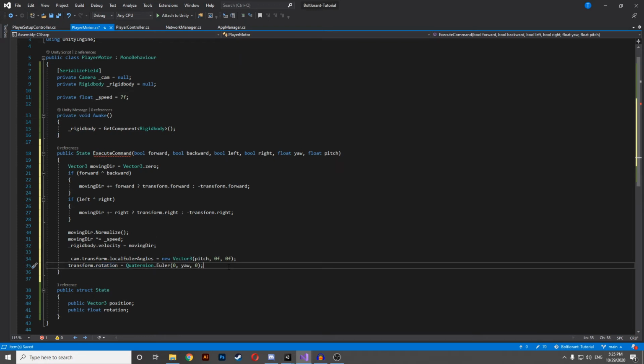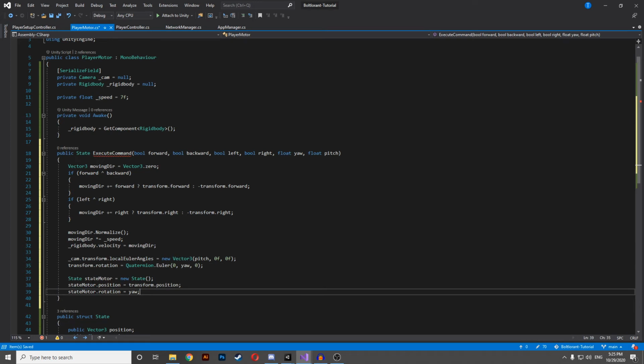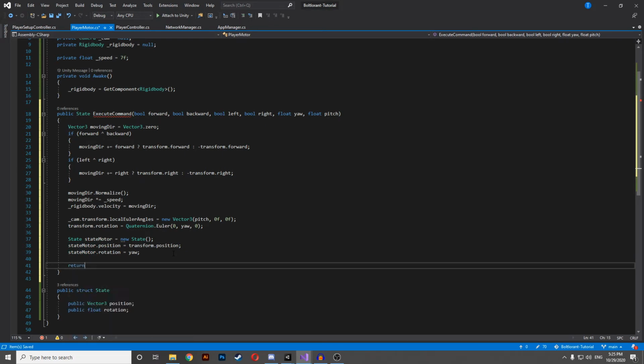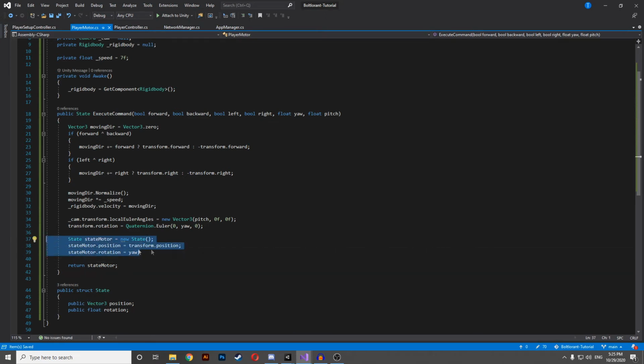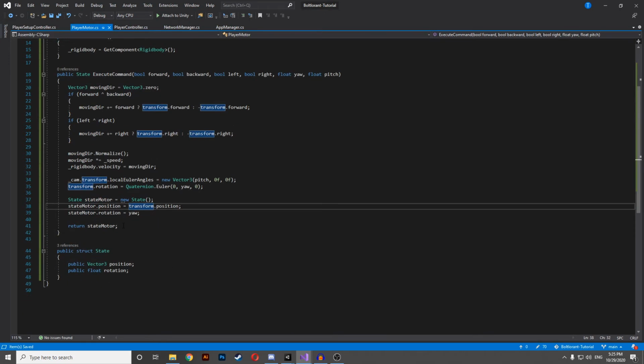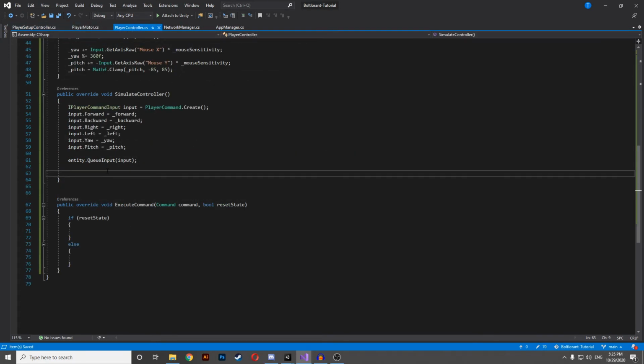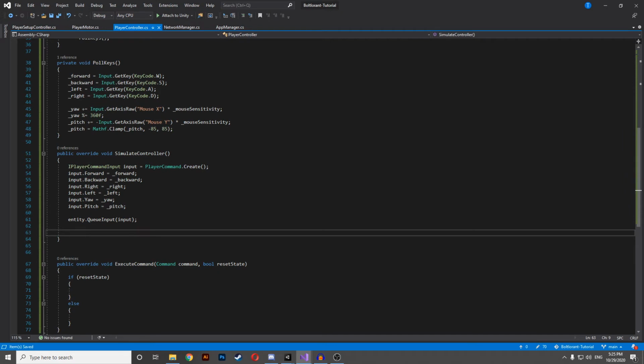Simply now we need to have our state motor to be returned for server purposes. So simply we will return the result of our movement in this function. So let's return it like this, and now we are capable of doing something on our player controller. So now we have done that on our player controller. We just want to pass